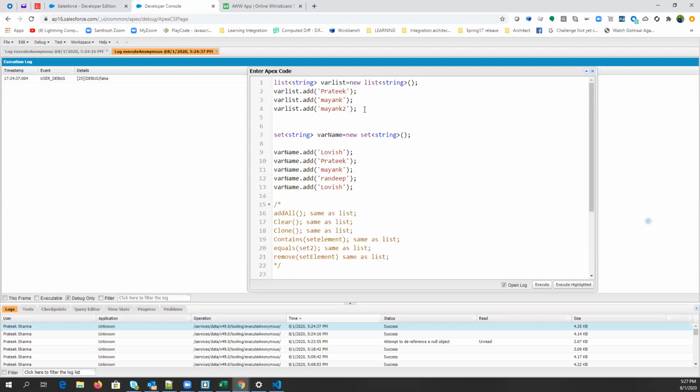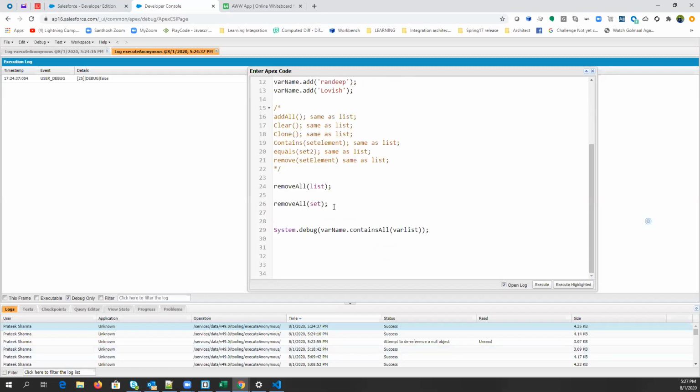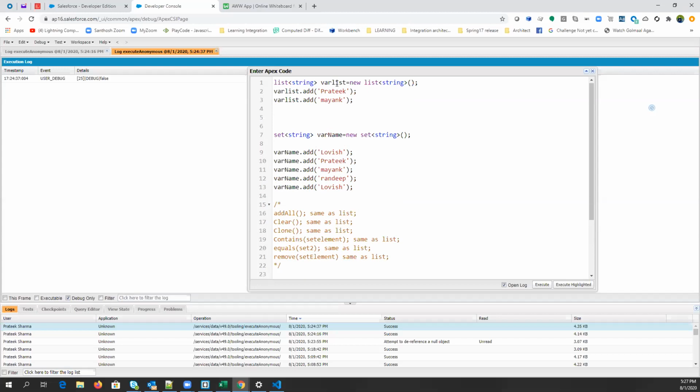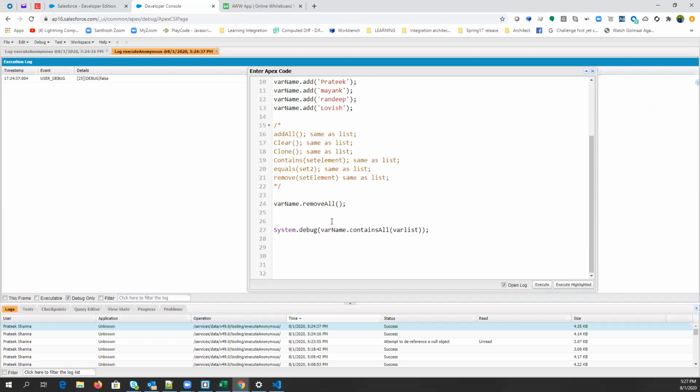So let's say if you want to remove two values, Pratik and Mayank, from varName, let's just do it. varName2 dot removeAll, and what we will pass here? varList. So you don't have to specify each and every value in a loop or simply one by one.